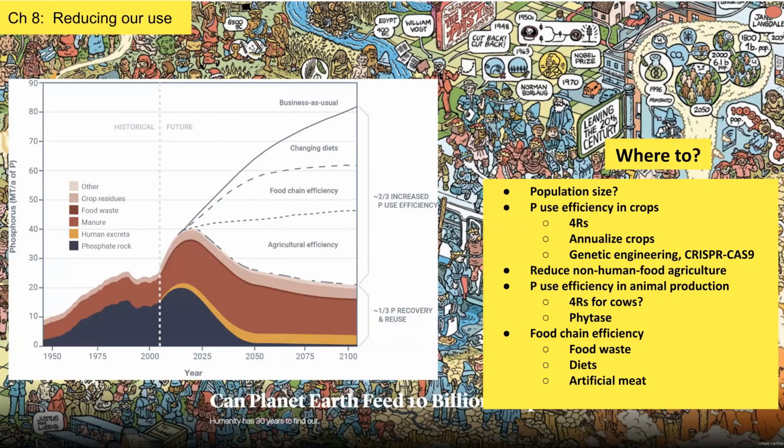In chapter 8, we start to discuss the ways that we can respond to meet the phosphorus sustainability challenge. What are we going to do going forward? Chapter 8 focuses on reducing our use of phosphorus to produce our food. The idea is that we need both a reduction in our phosphorus use and increased efficiency of phosphorus use in the food system, as well as a recycling strategy. And this chapter 8 deals with the efficiency side of things. You can see that in this